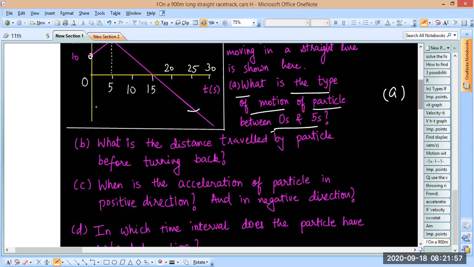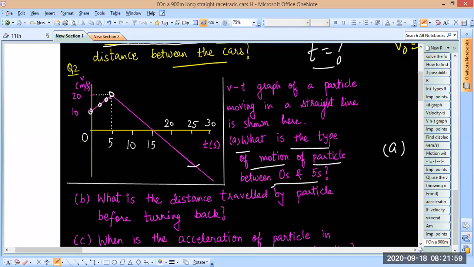Here you can clearly see the velocity is changing, isn't it? Because in ninth standard you were a little bit younger, you didn't know a lot of maths. At that time you didn't even study the definition of velocity, correct? Did you study v is equal to dx by dt in ninth standard? If that was the case, most of you would have failed in ninth. Think about ninth standard students having to study differentiation,